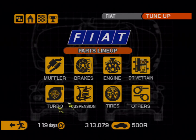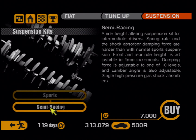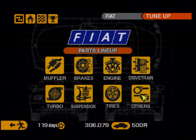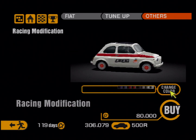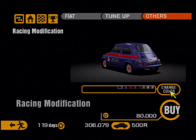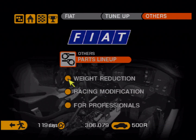Let's get racing suspension too, because you know this car is going to be all over the place. I'm not even joking, you guys. This car will be difficult to handle because it will have a lot of power, it will be very lightweight, and it will be rear-engined. I'm talking about behind the rear wheels. That's right, we're going to potentially race modify this. I forget if we have to for...